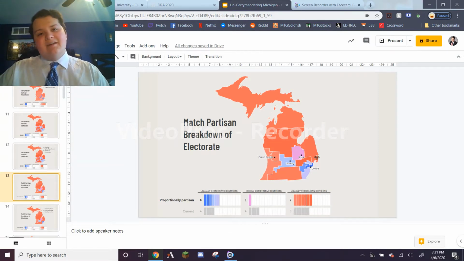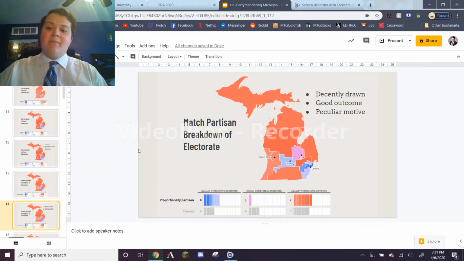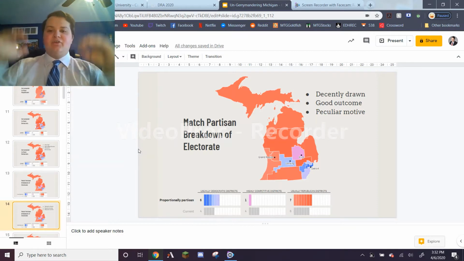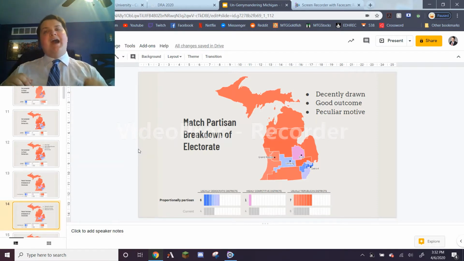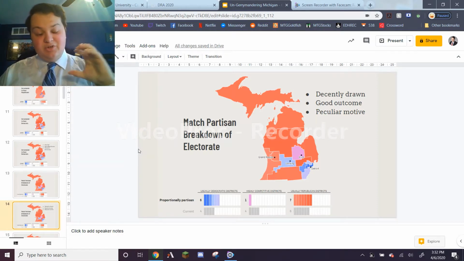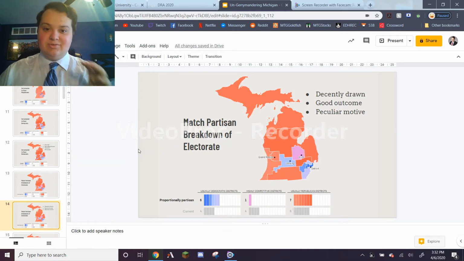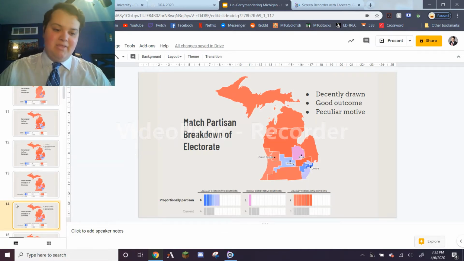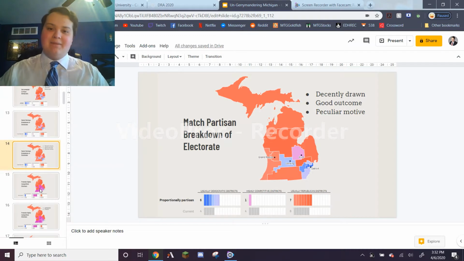But that being said, though, I'm not sure that this is a method that I find compelling, predominantly because I don't think that the motive is correct. I think it has a good outcome in terms of its fairness, but the motive of having a certain proportion from the top, I don't think is a good way to do that, because I think you're missing on certain crucial elements that you need to keep in mind with redistricting from the bottom up and communities.